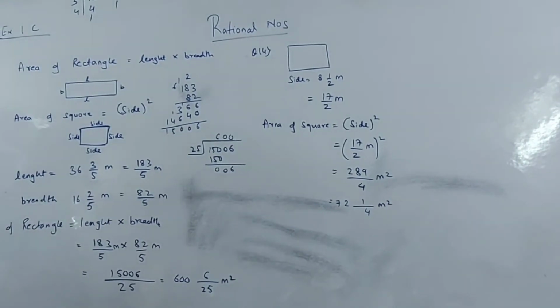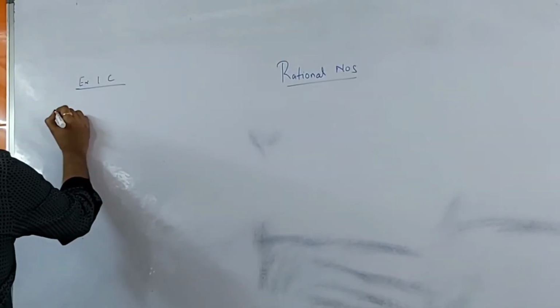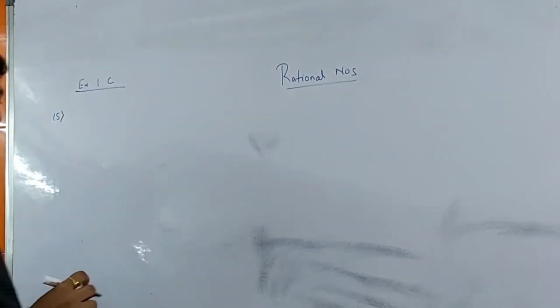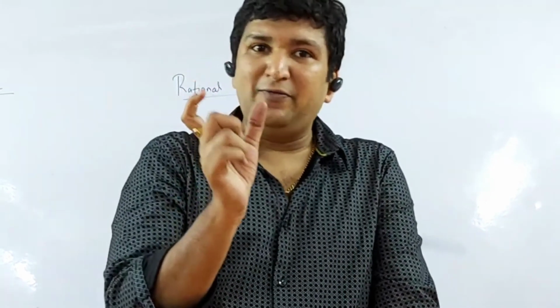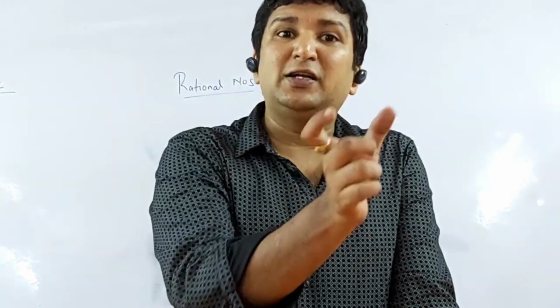Now question number 15. Now students, if you remember, I have given an example that the cost of one pencil was 3 rupees. So what is the cost of 10 pencils? 30. Right? Here the cost of one was available and you had to find the cost of a certain quantity. Now vice versa, exactly opposite. In case I say that I can get 10 pens for rupees 50, find the cost of each.